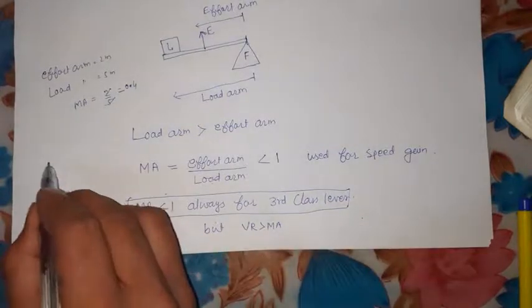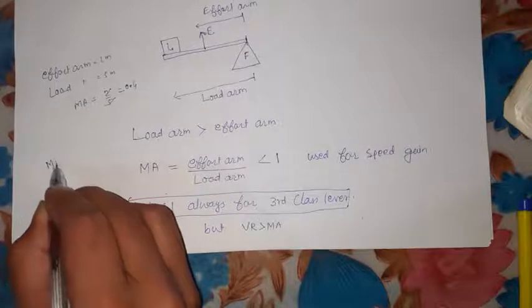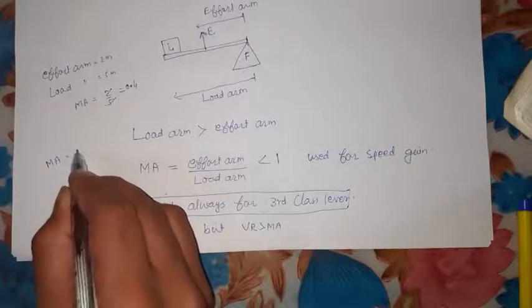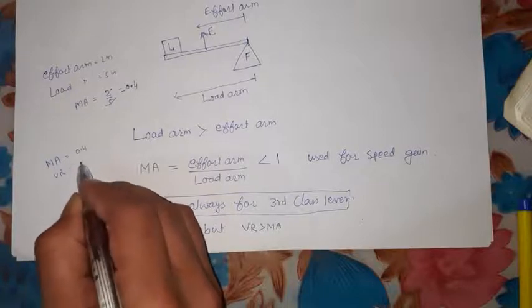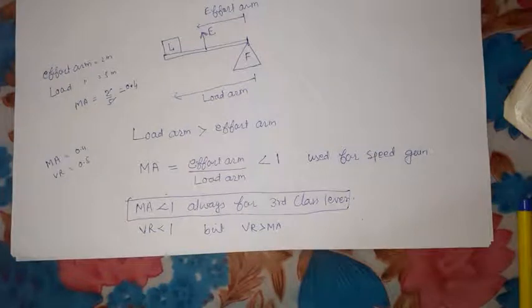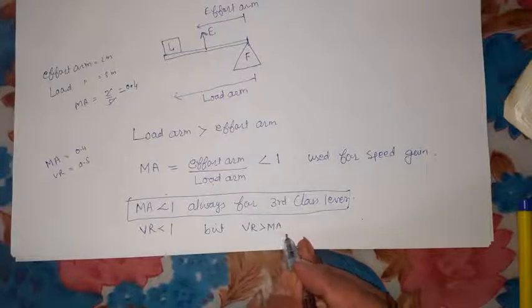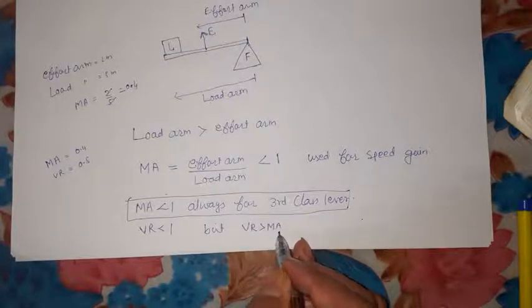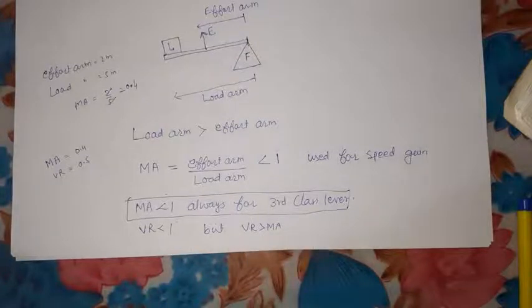जैसे एग्जांपल के लिए ना, हमारे पास अगर मैकेनिकल एडवांटेज जो है इट इज़ 0.4, so velocity ratio will be still greater than that, it will be 0.5. ये उससे ज़्यादा हो जाएगा. ठीक है. So thus we are having that velocity ratio will be greater than mechanical advantage, not greater than 1 but greater than mechanical advantage.